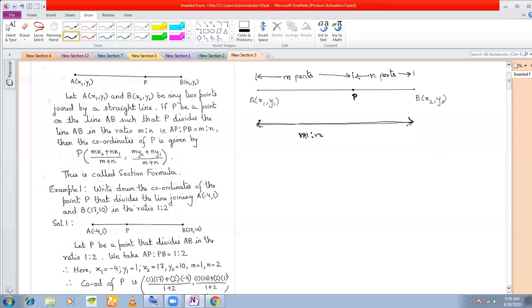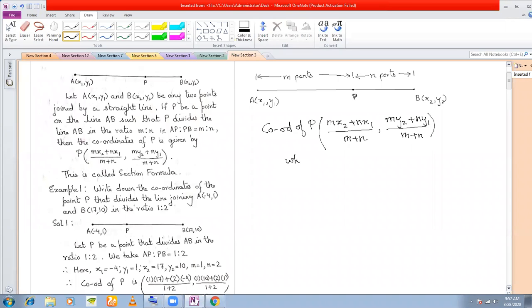We are going to find out the coordinates of P such that AB, this entire line segment, is divided in the ratio m is to n. Then the formula to find the coordinates of P would be mx2 plus nx1 by m plus n. And the y coordinate of P will be my2 plus ny1 by m plus n,